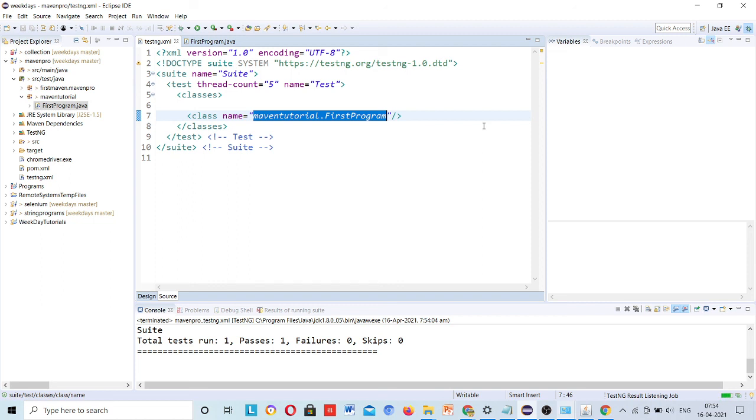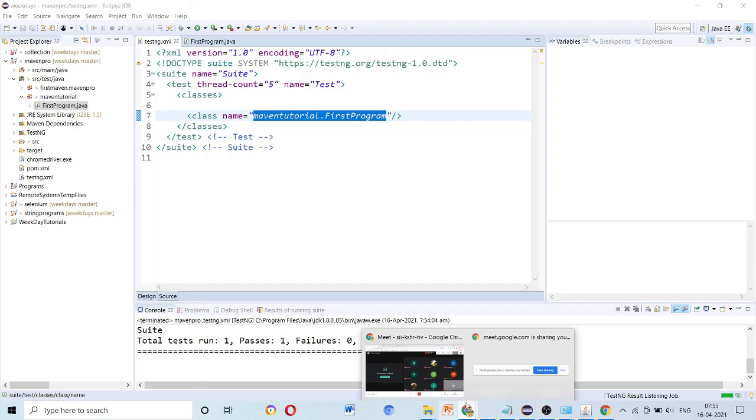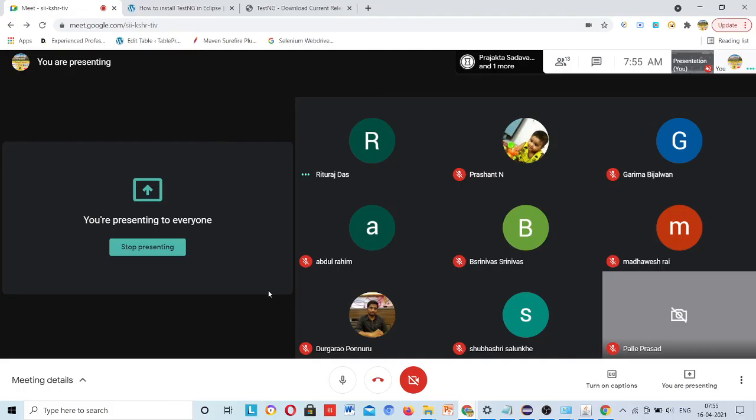This is just to check that your Maven is installed correctly, you have configured the path, you have installed the testng, and you know how to convert a Maven project into a testng project. Just come here, right click and convert to Maven project. So this is for today. Keep your machines ready for this. Okay, if you have questions then ask.